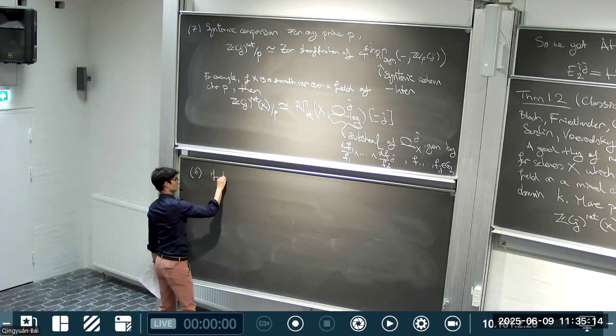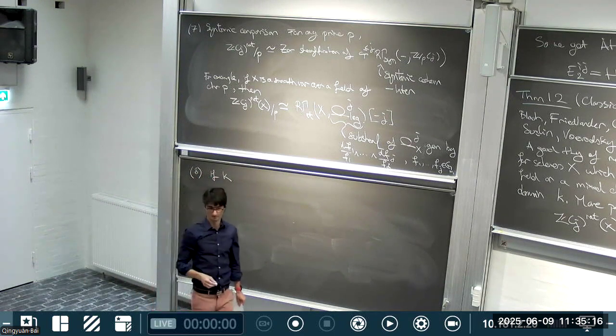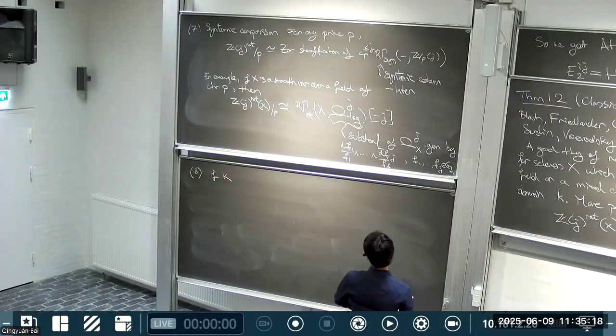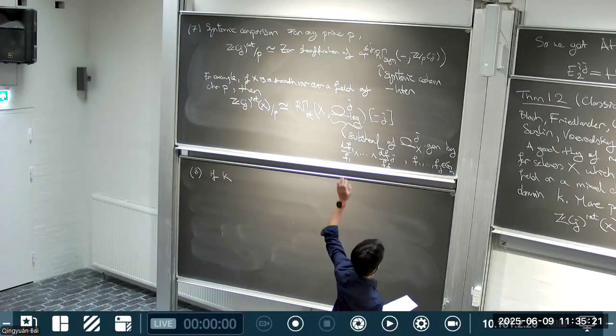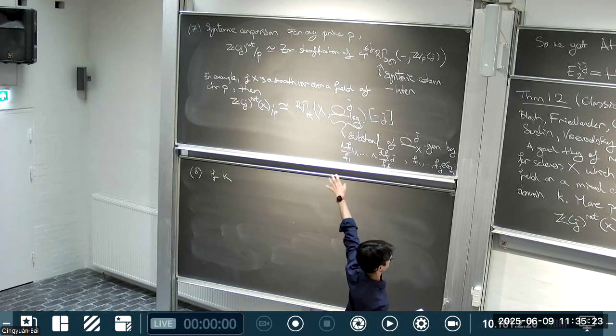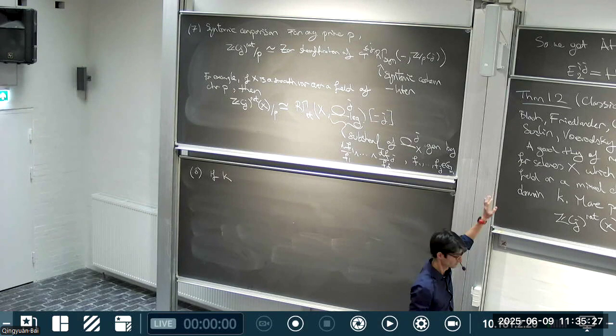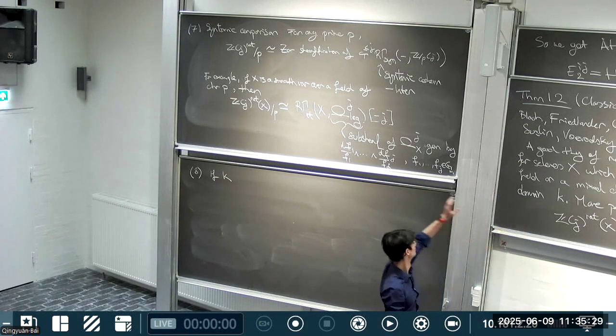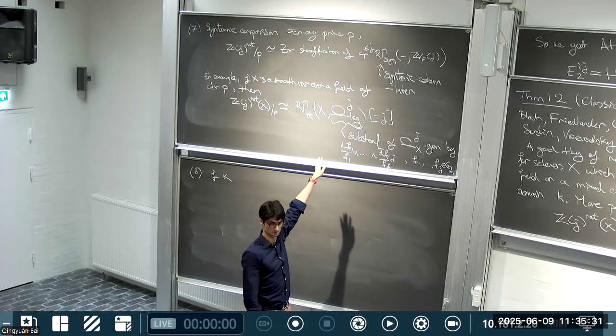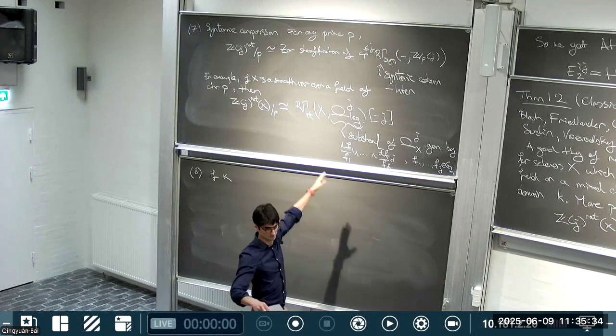Next, the syntomic business: what are the assumptions on X? For this statement, it's as in the statement of the theorem. I take any X which is smooth either over a field or over a mixed characteristic Dedekind domain, and then that statement holds, on the category of all such schemes.